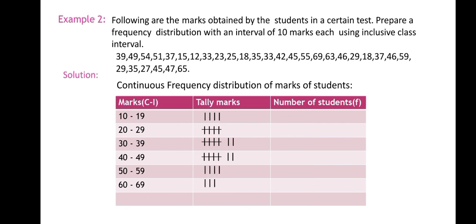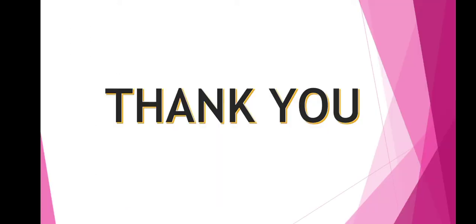After marking tallies, count the number of tallies and write down the frequencies. So here in the first class we have 4 tally marks, so the frequency is 4. And in the second class we have 5 tally marks, so the frequency is 5. Okay, in the same way, write down all the frequencies. Hence the total is n is equal to 30. Here we have a total of 30 observations. So here also you will get the total as n is equal to 30. This is a continuous frequency distribution table. Okay, thank you for watching.